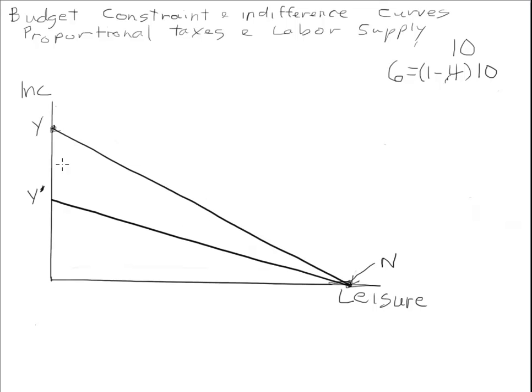So in this case, my tax rate lowers my net income. Before it was $10 an hour. Now it's $6 an hour. Well, notice there are also income and substitution effects when I do that. So my income effect: I went from $10 to $6. My lower net wage means I need to work more to make up for the lost income. So income effect,